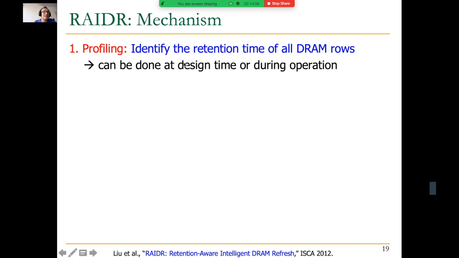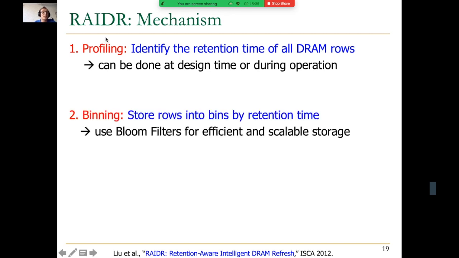This turns out it can be done at design time or during operation while the system is running. For example, you have your computer running right now. If these retention times change over time for whatever reason, the memory controller can profile the memory once in a while, intelligently, of course, without causing a lot of trouble to the system, and find out how often it needs to refresh different parts of memory. And if it does this nicely and accurately, it could be a win-win for everyone. You don't notice that this is happening in the memory controller, and the memory controller is over time optimizing performance and energy. But this profiling needs to be done correctly to be able to do that. And the next step is,